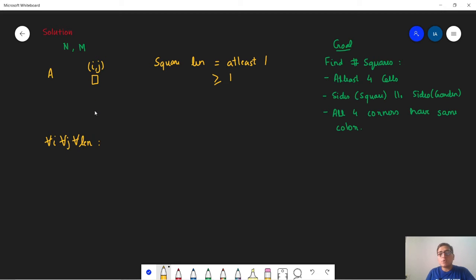Now we need to check that the square should lie inside the garden. To do that, we can simply say if i plus len is less than n and j plus len is less than m, then in this case we can say that the square lies inside the garden.